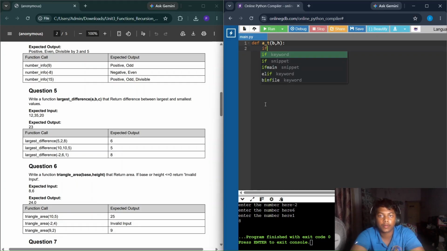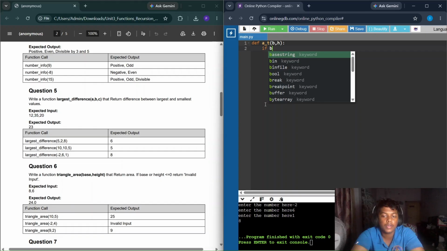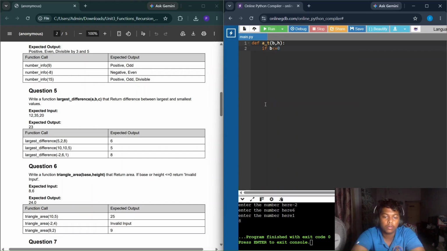If base greater than or equal to 0, or we are using a logical operator called or, because if any of it is false, we get false. Or height is greater than or equal to 0, print